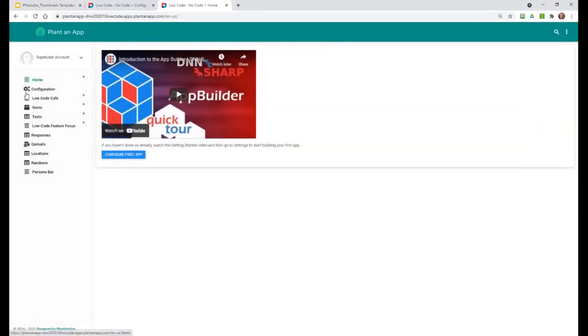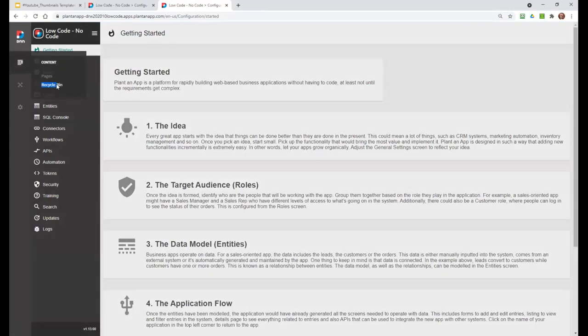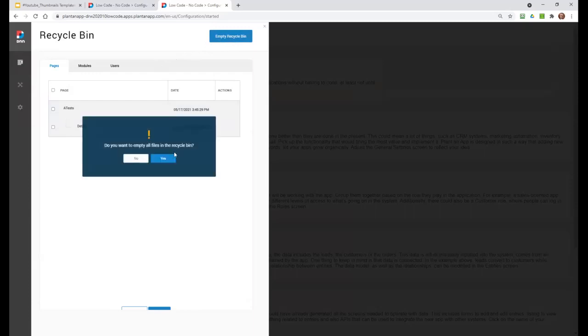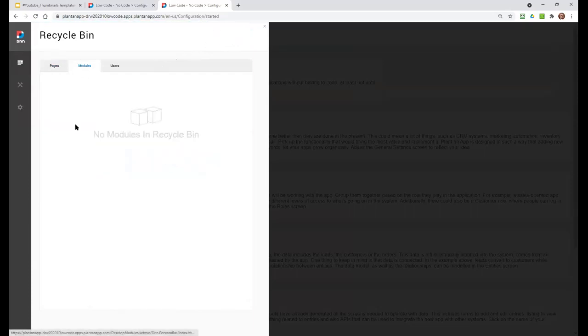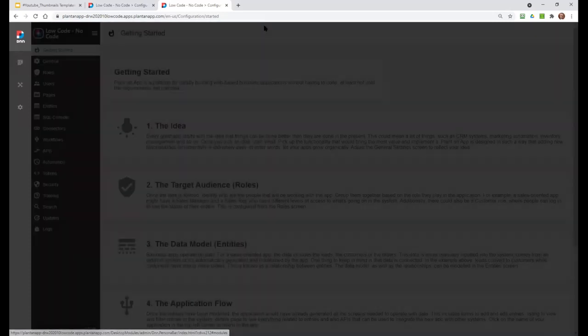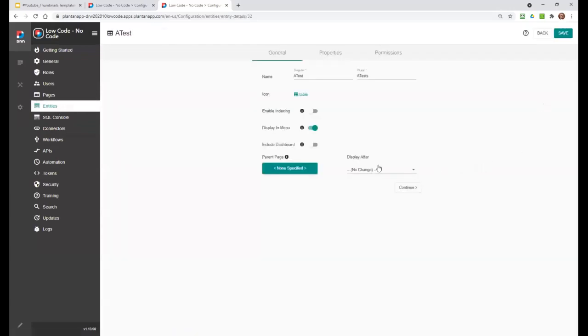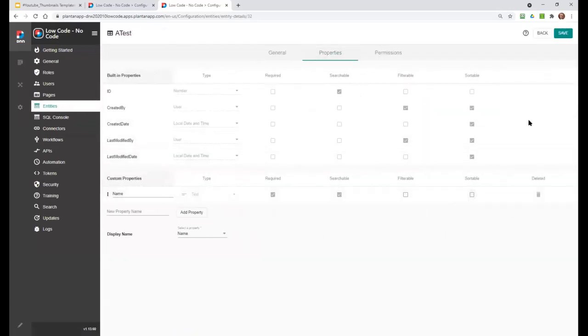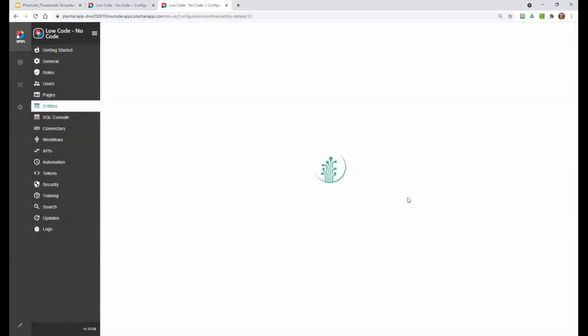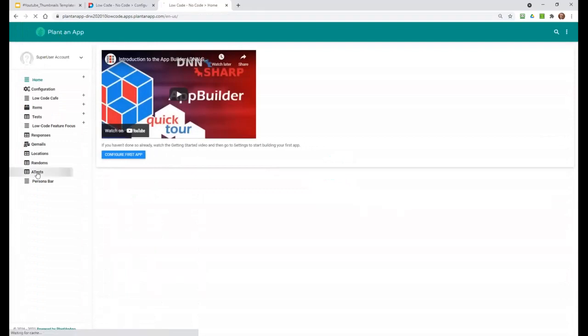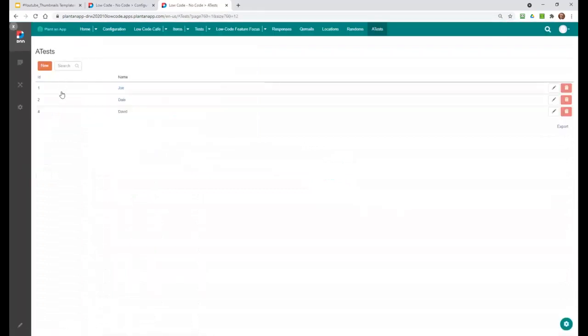We can now see that they're gone, and in the same way, we need to go to the recycle bin and make sure the pages and the modules are removed. We empty the recycle bin. We look at the modules, they're gone also. From there, a simple change in the entities to any small property of the entity and override will cause all of that to be regenerated. We can now look at our website and see that a tests was returned and that all the modules associated with it have been